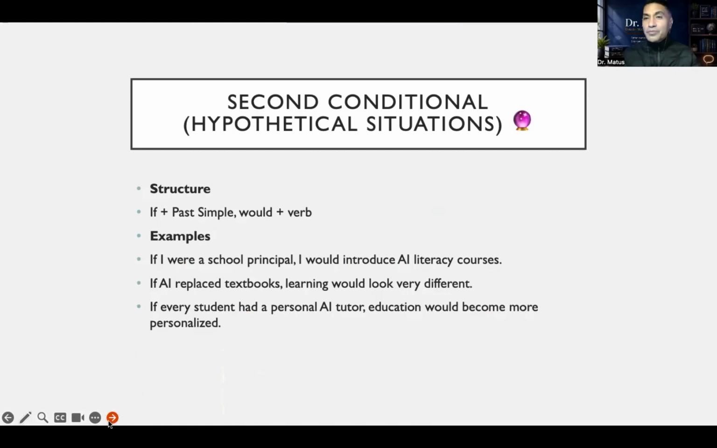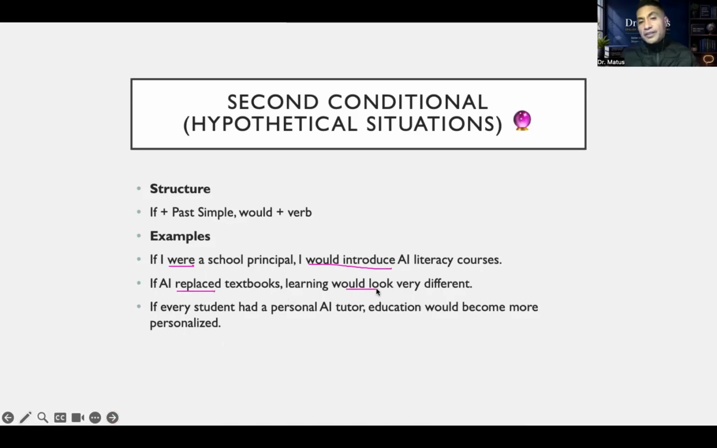Now, so let's move on and continue with the second conditional in English. The second conditional is utilized and is implemented in order to share hypothetical situations, to talk about hypothetical ideas. We use if plus the past simple, the simple past, and would plus a verb. For example, if I were a school principal, I would introduce artificial intelligence literacy courses. Okay, so if I were in the past and I would introduce,